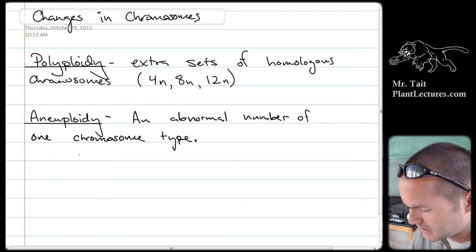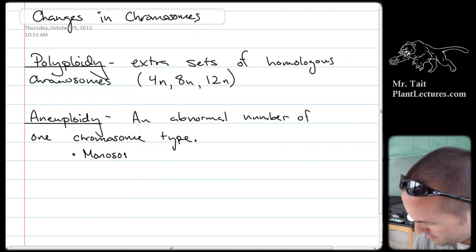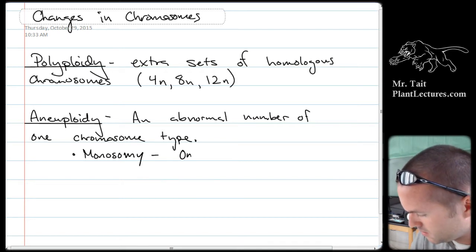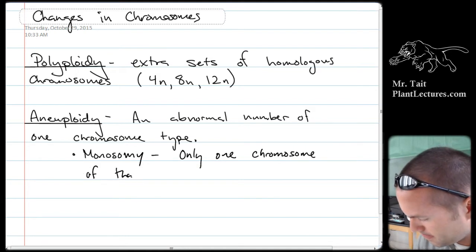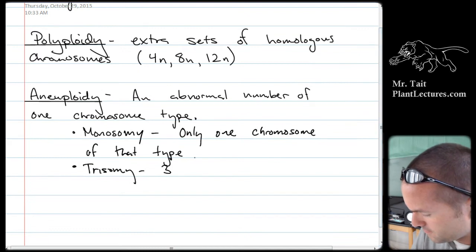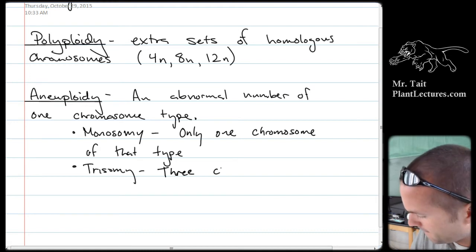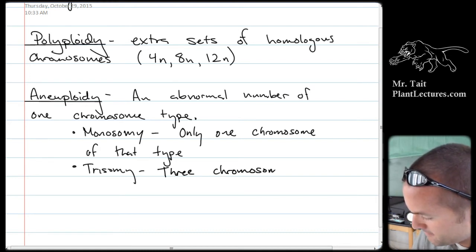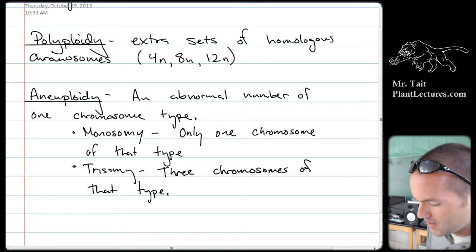Okay, and so we could have, in this case, a monosomy, which is only one chromosome of that type. Or you could have a trisomy, which would be 3 chromosomes of that type. Okay, and then